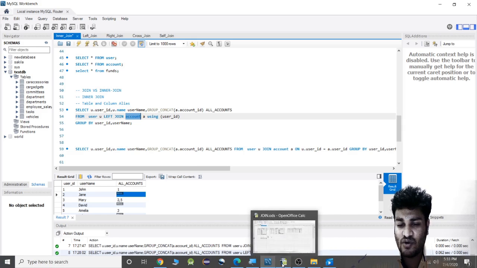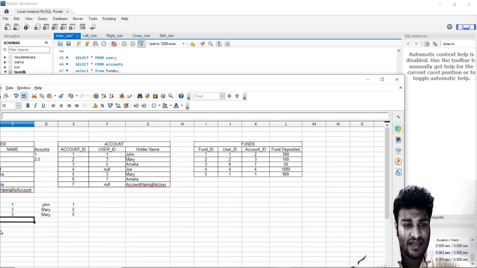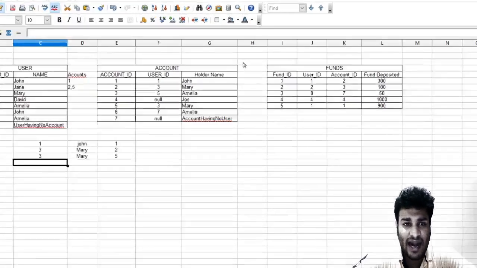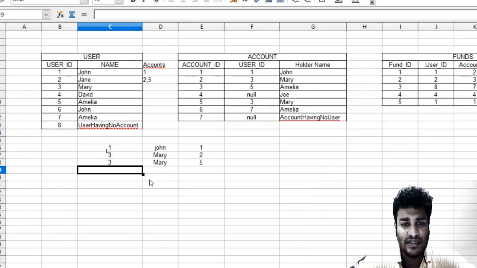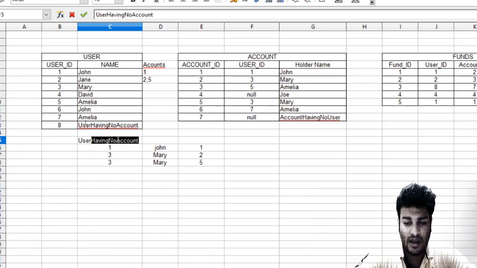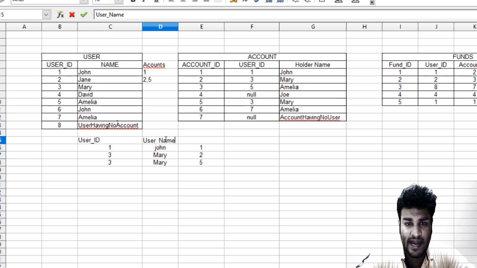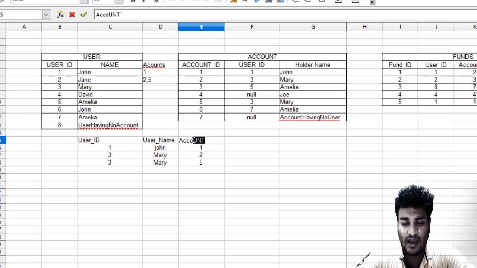If we go to our Excel, we have another scenario, and in that scenario, at first we are just getting the user underscore ID, then we are getting the user underscore name, then we are getting the account ID of that user.